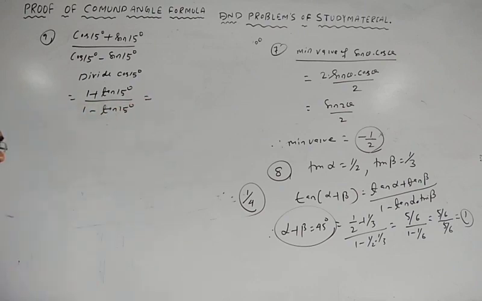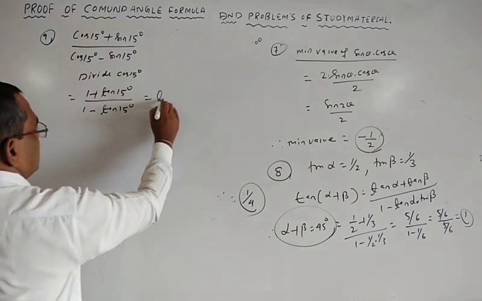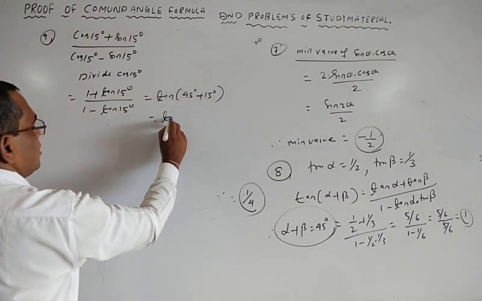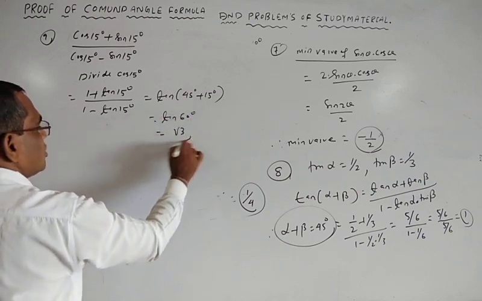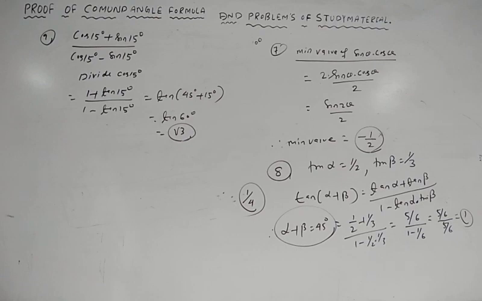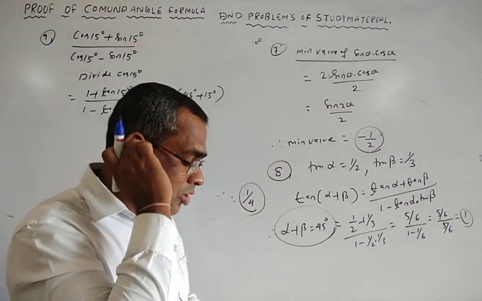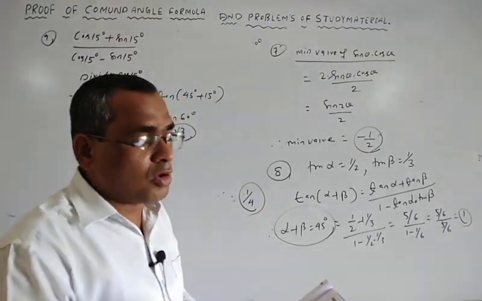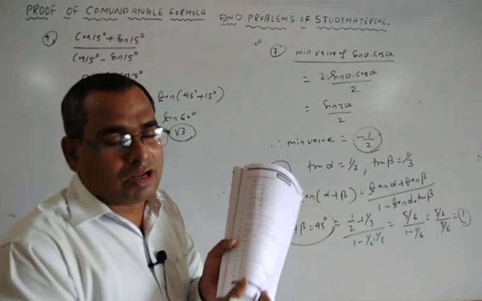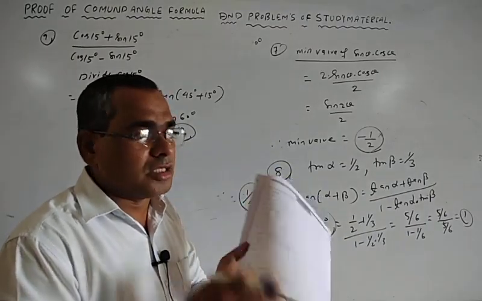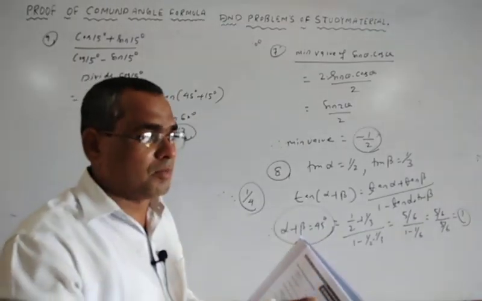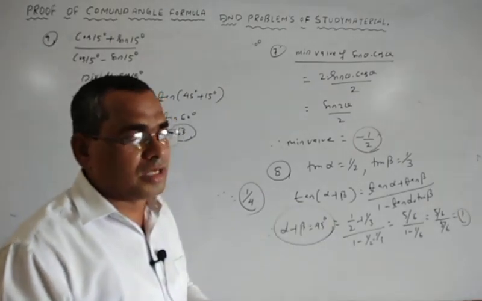And you know 1 plus tan theta by 1 minus tan theta is the tan of pi/4 plus theta. So tan of 45 degree plus 15, tan 60, and you know tan 60 is equal to root 3. Okay. So you use all the compound angle formulas. Trigonometry is easy if you get a formula. If you remember the trigonometrical formulas, then the problems of trigonometry will be easy to calculate.